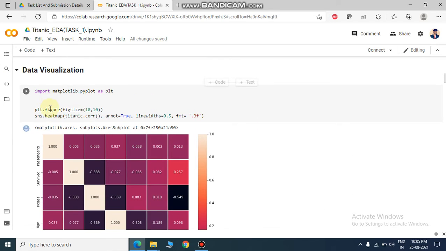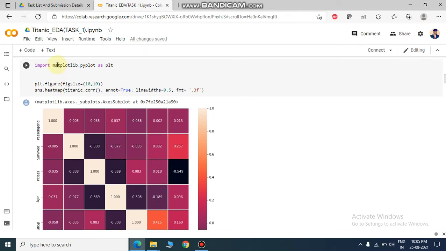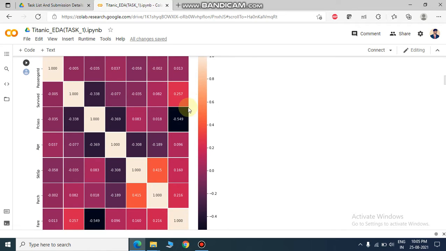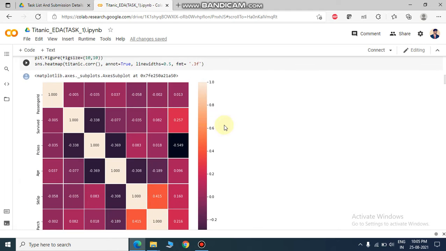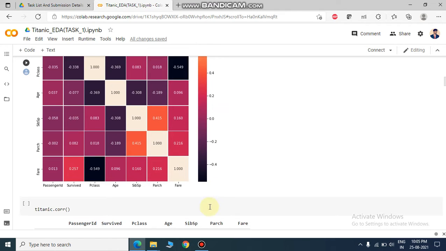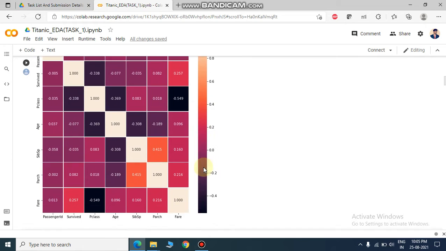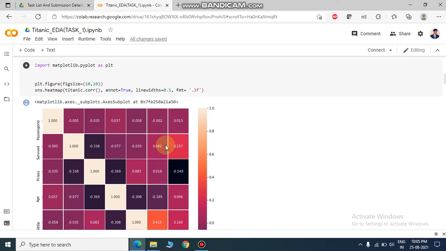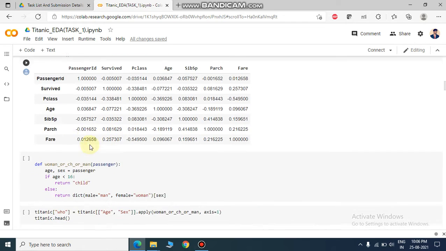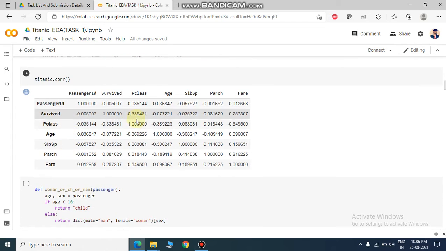So here is our visualization of data. Here we are importing another library, Matplotlib. Matplotlib is used to plot graphs. So we are plotting graphs via this library, and here I have plotted graphs according to these. The range goes from 0.4 to 10, and these colors indicate the value. So here we are getting the values, and now these are the other things.